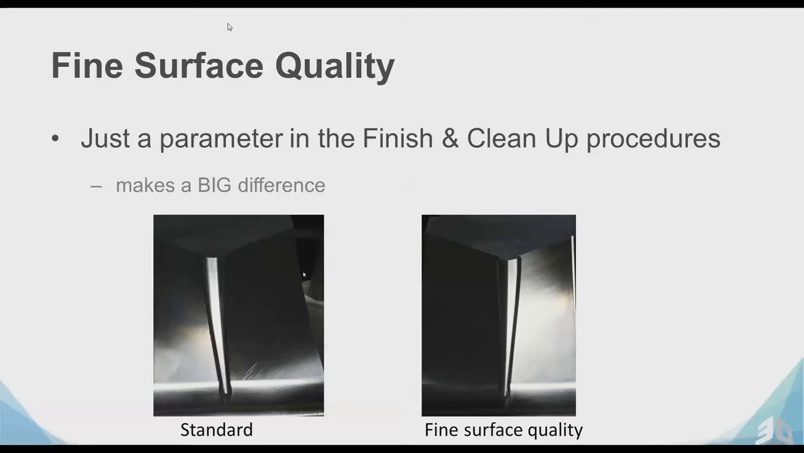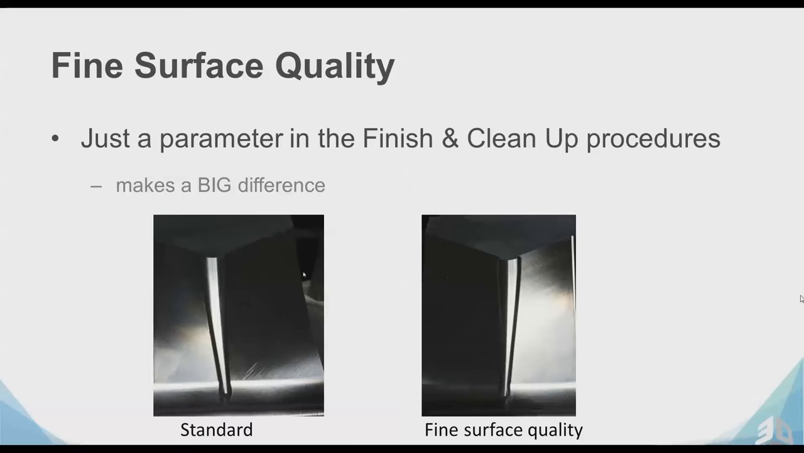Next item will be the fine surface quality. This is just a parameter in the software for all finish and cleanup procedures. It makes a big difference. Let us see, left side is what we call the standard toolpath, and right side is the fine surface quality toolpath. We can see on the left side some marks on the job, and please take into account same tool, same machine, same feed, same conditions, everything is the same material, yet left side will leave marks on the job